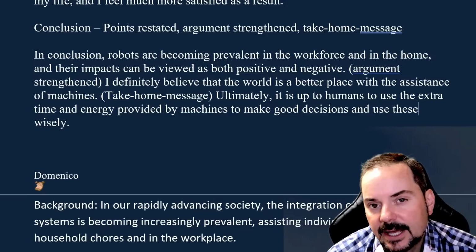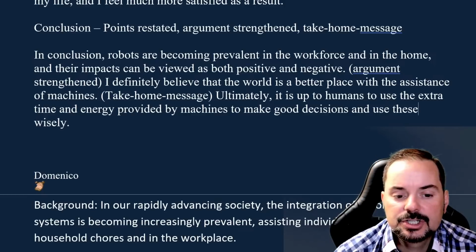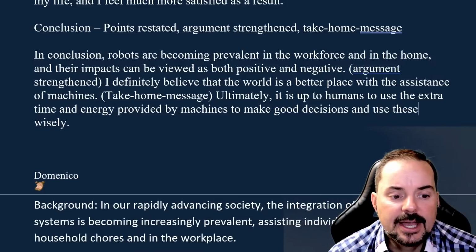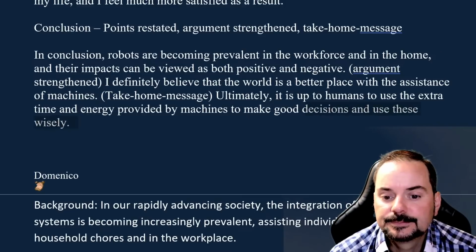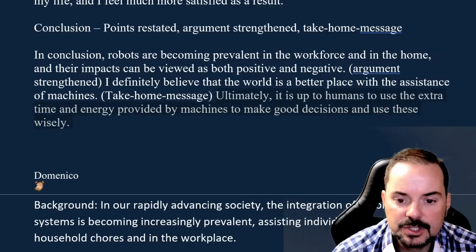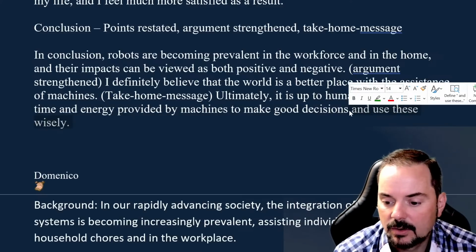I don't really like that last little bit, so I'm going to do a little correction there just to make it a little bit more coherent. Extra time and energy provided by machines to make. And this is where we can be more concise. So right now, I think,